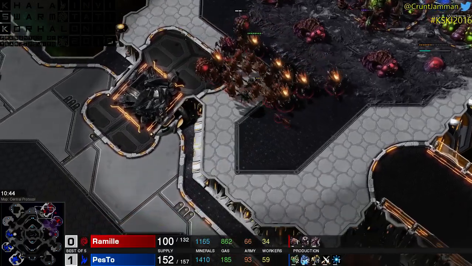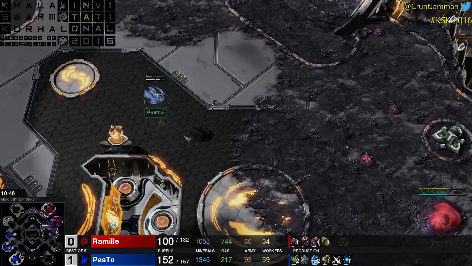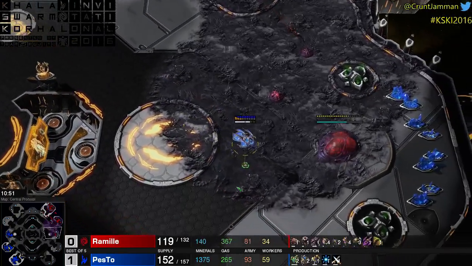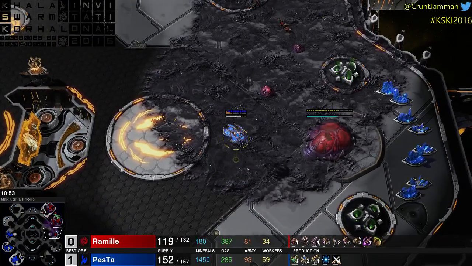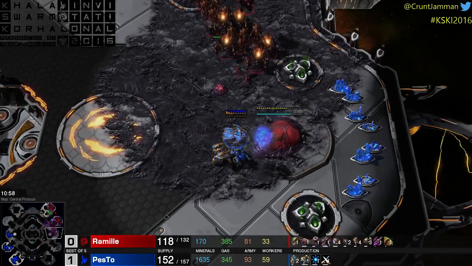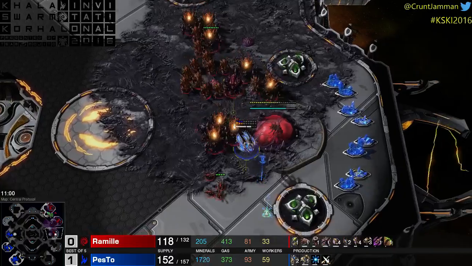I really think Ramille's creep spread could be a little bit better, especially in his main. If he can creep spread up into that second ramp, which is currently blocked, and throw down some lurkers to block. Yeah, just for vision at the bridge at the very least. Yeah. No, he's not going to be able to take out...